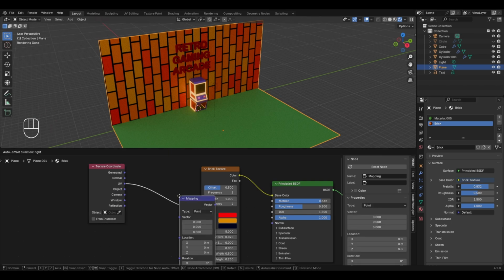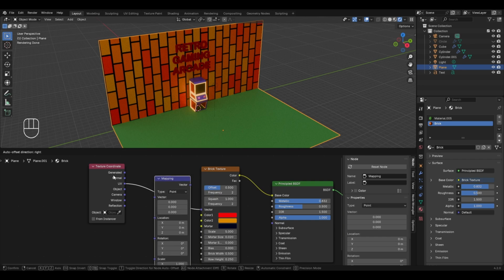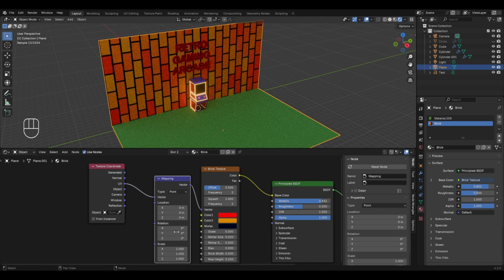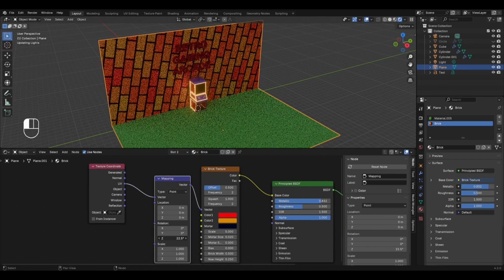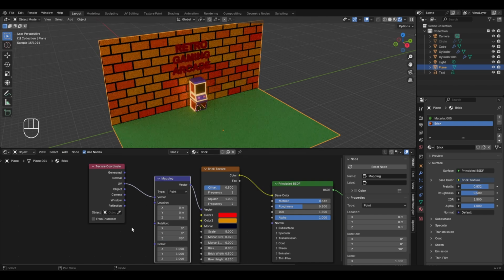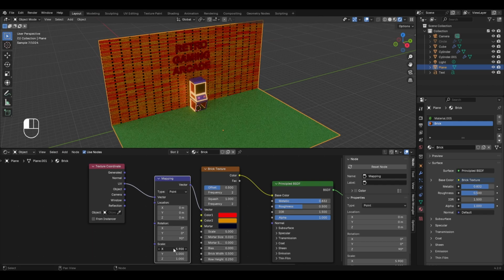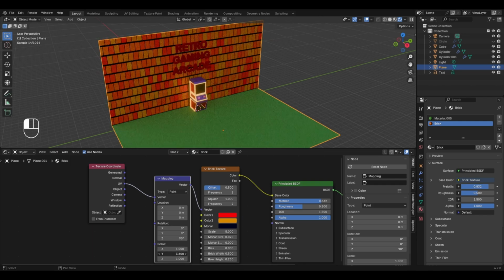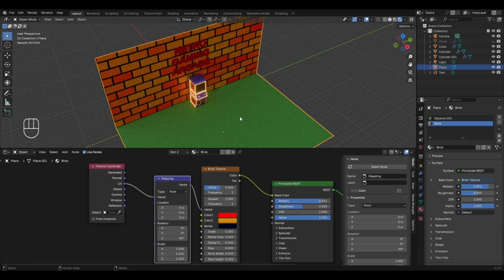So to add the mapping node over here, press Shift plus A, then go to vector and select the mapping node. Now place it in between the texture coordinate and the brick texture, and if I try to change the rotation value in the z-axis, then you will notice that the brick texture applied on this background will begin to rotate. For now, I'll change this value of the rotation in the z-axis to 90 degrees, and now it looks perfect. Similarly, you can also try to change the scaling values in the different axes in order to see the changes in the texture, but currently I'll keep the scale values at the default, and now we'll move forward to apply the checker texture on this bottom face.